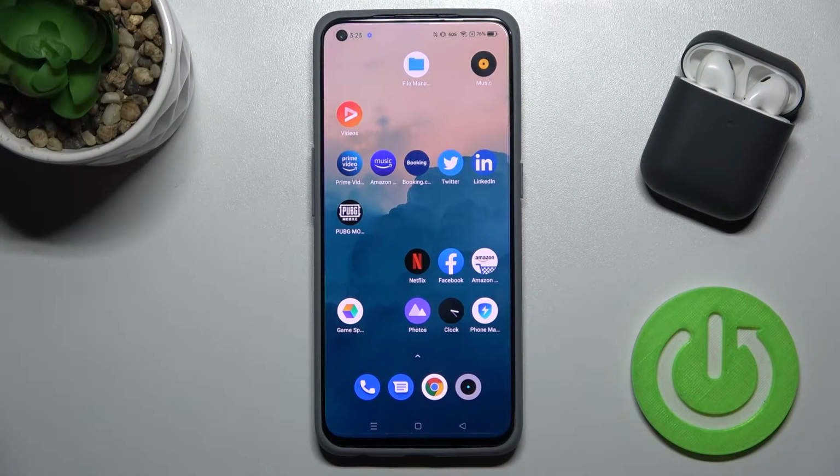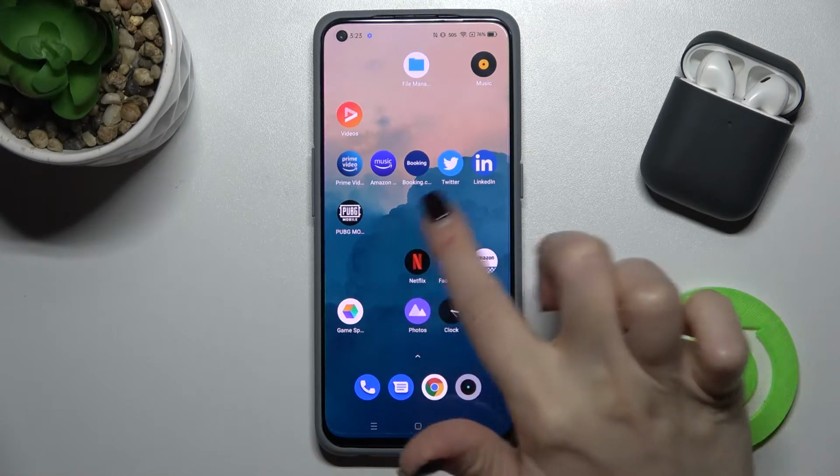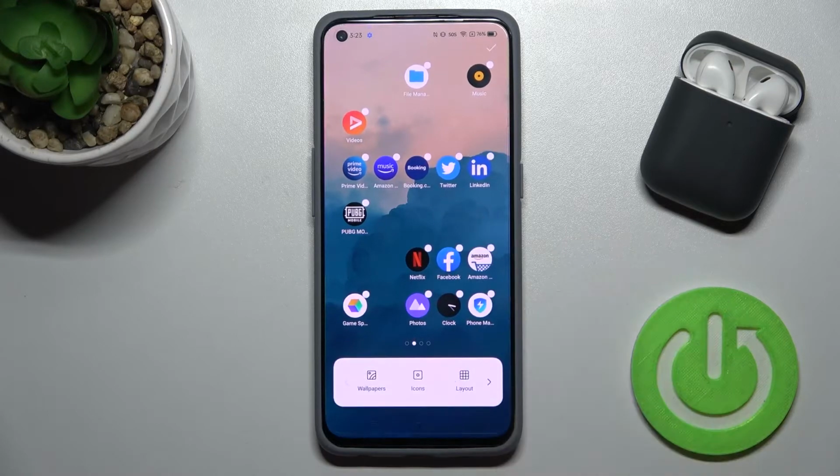Welcome, today in front of me is the Realme GT Master Edition, and I'll show you how to create home screen folders on this device. So first, you should press and hold your finger on the screen, and for example